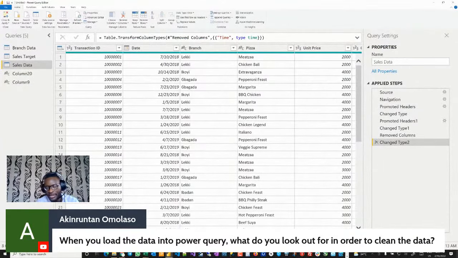If I have things that are joined together, imagine I have the employee name and the employee ID together in one column, I'm instantly going to know that that's a problem. I would rather prefer to have employee ID separate and the name separate. So there are some things that once you look at your data, you instantly know that it needs to be cleaned. There's no clear-cut answer in terms of knowing all the cleaning.